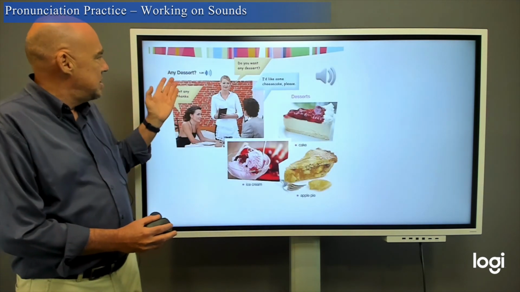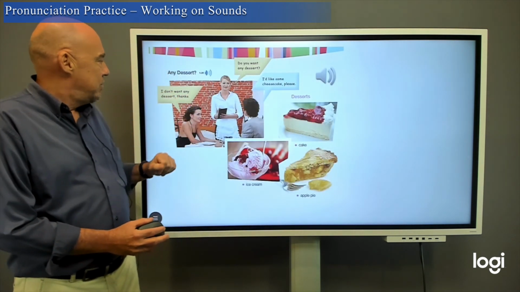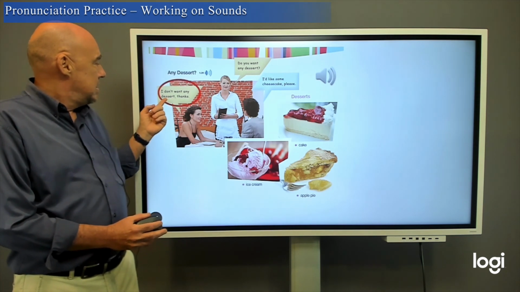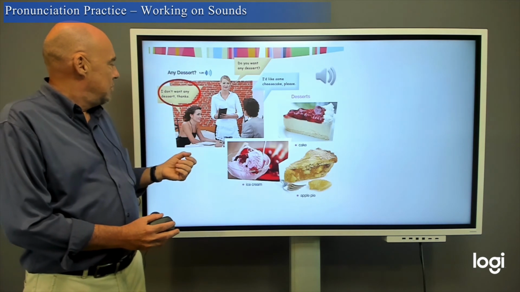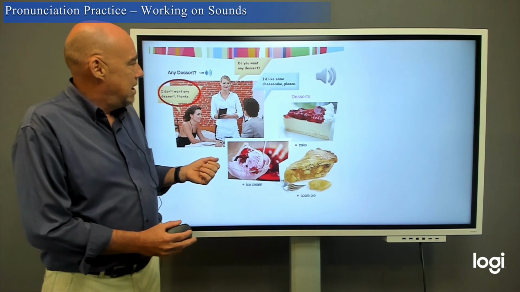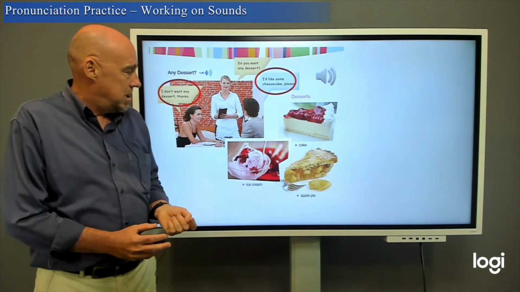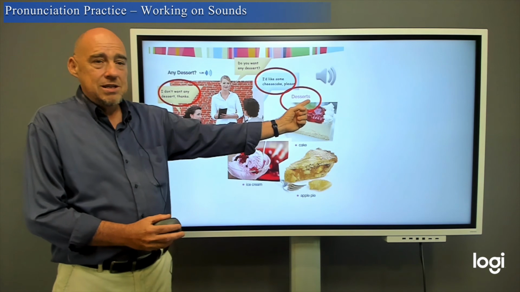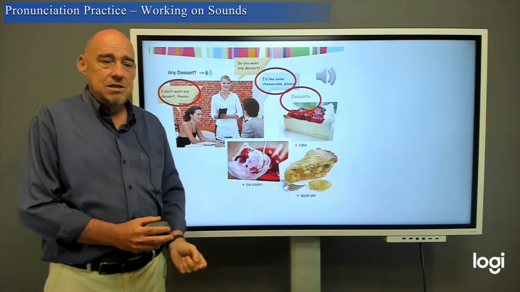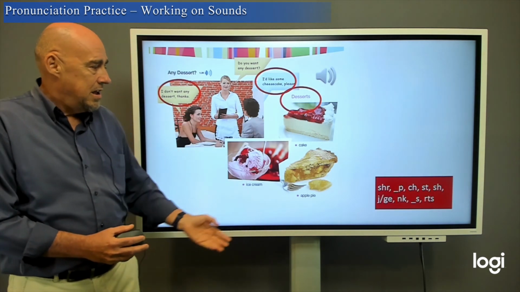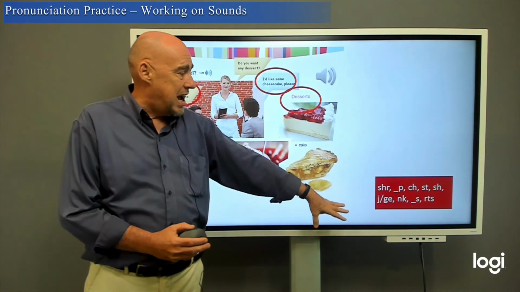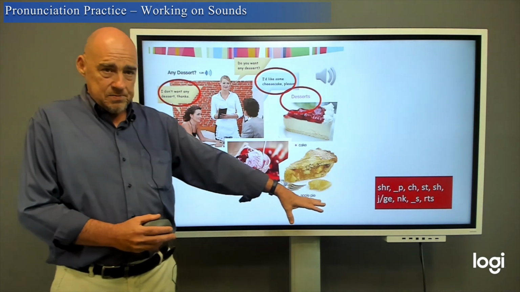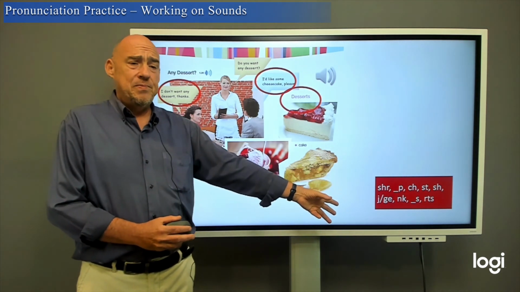One more page, and this is my talking page. So let's see, what are the words? I see an s in the middle of the word. And then again with the ch. Anything else? The t sound at the end. There I have it. Here are all the sounds that I found that I think my students are going to really suffer with, or it's going to be challenging for them.